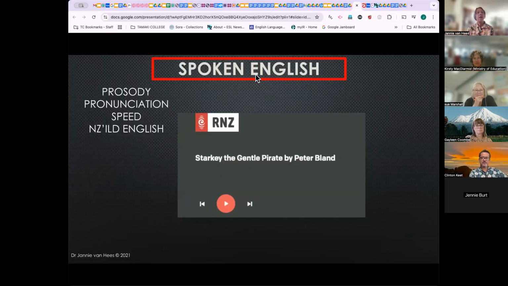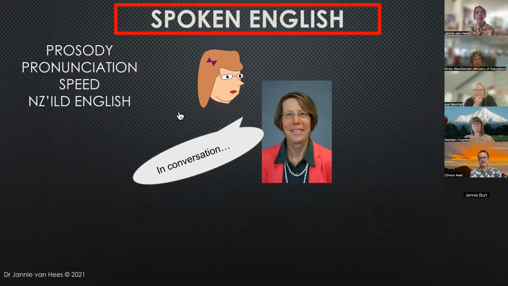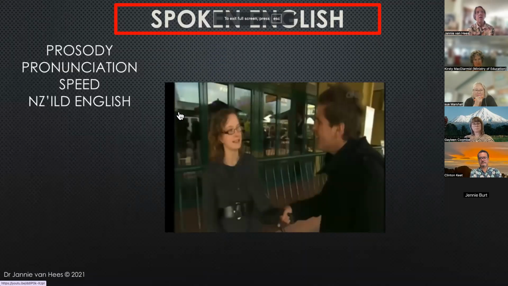Just thinking about this, it is not New Zealand English, it's British English, but the speed and the pronunciation. You might think, but I know plenty of learners that within 1.5 years, 2 years, can communicate socially in English. But if we then look at extending their repertoire of being able to understand English, I'm just going to play you this one, but move it along a little.